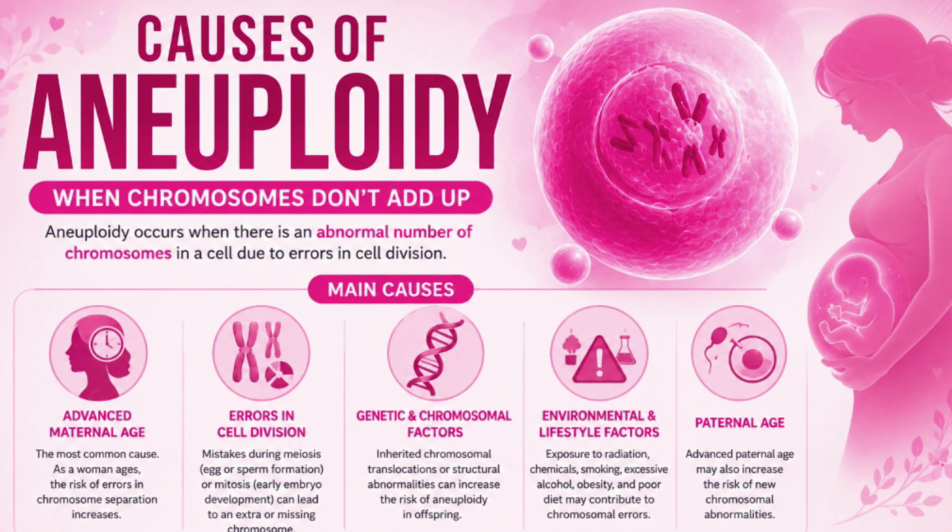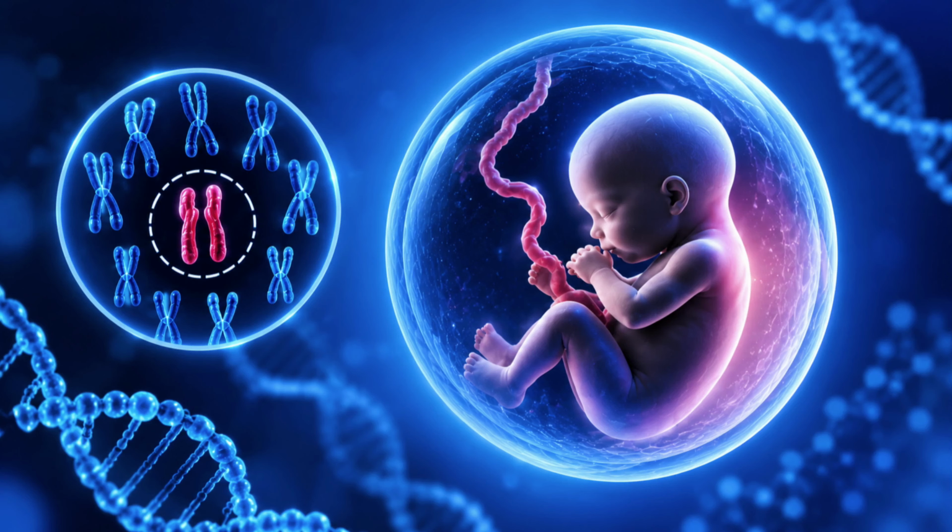What causes aneuploidy? Whenever there is an error in cell division and the chromosomes fail to segregate, that is chromosomal missegregation. It can occur during meiosis, and it can occur during mitosis. When the sex cells, the sperm and eggs, are created during meiosis, the chromosomes make a copy of themselves. It is called a chromatid. Normally these chromatids are supposed to separate evenly into the daughter cells, but sometimes an error occurs. There is an extra or a missing chromatid, and that is what causes an abnormal number of chromosomes.